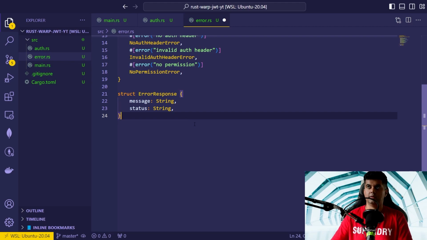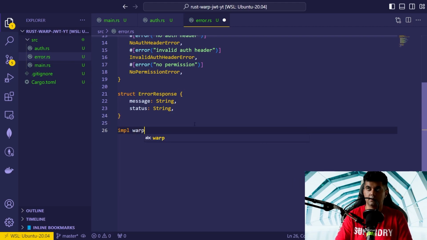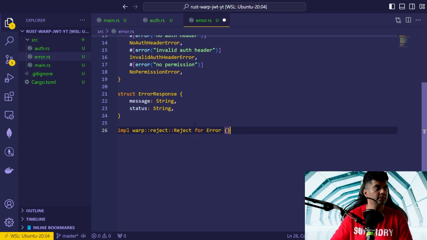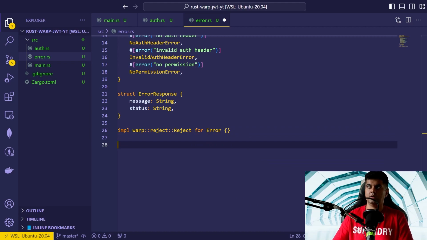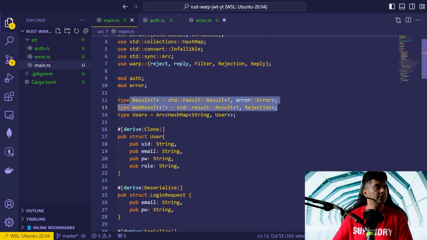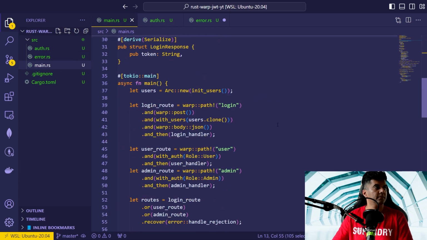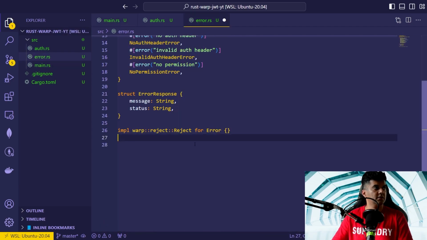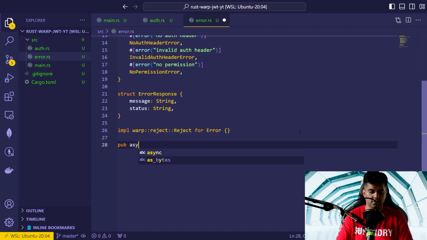the basics built, we'll just implement warp Reject for Error, and now most importantly the handle_rejection function. This function handle_rejection, which comes from the error module, that's the function that we're going to create now. So we'll say pub async fn handle_rejection